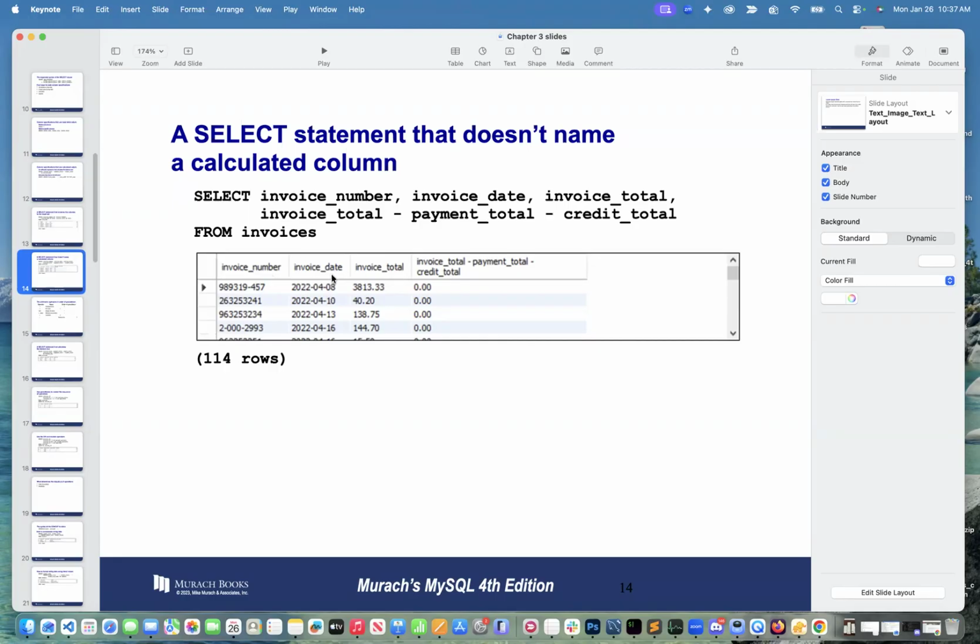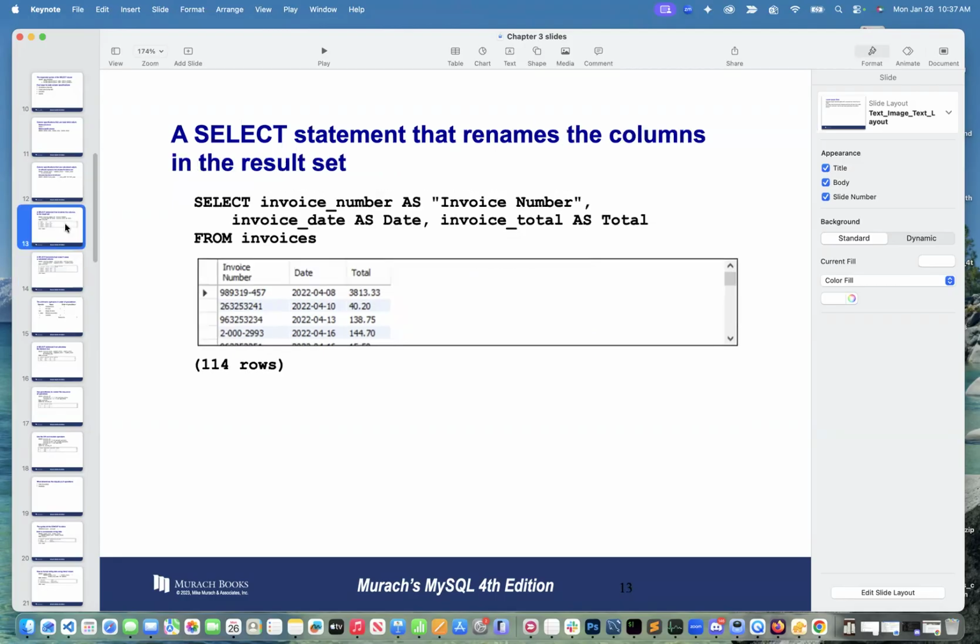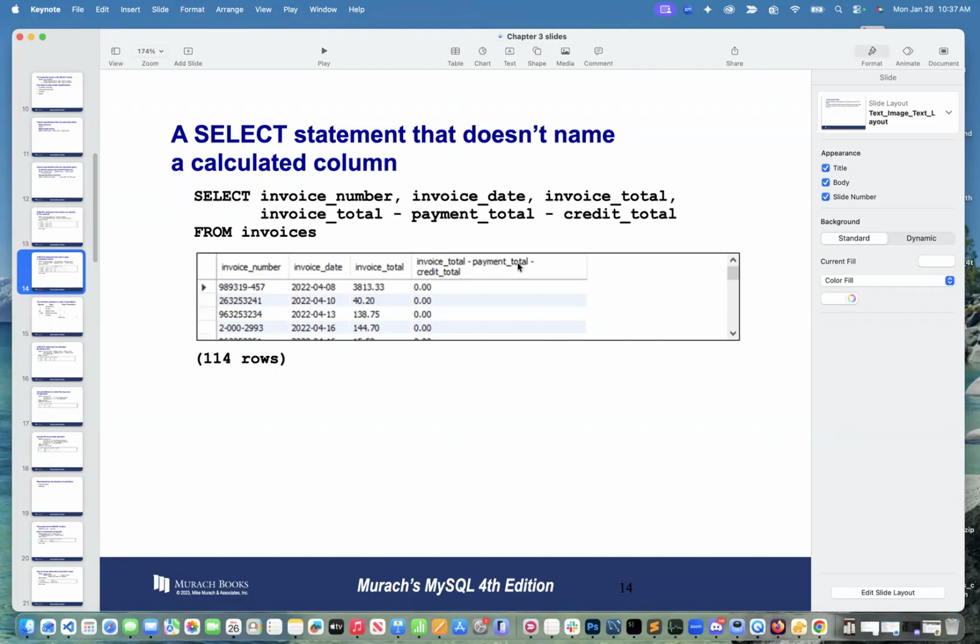they could probably figure out what invoice number and invoice date mean, but it doesn't look quite as nice as invoice numbers like you see here. Certainly invoice total minus payment total minus credit total might throw them off. So you might want something like invoice total minus payment total. I'm not sure what a good column heading might be, as I don't know enough about the background there. But being able to modify these column names is helpful not just for you on the technical side, but if non-technical people are looking at these